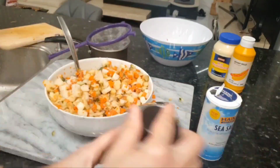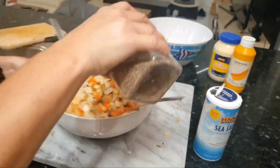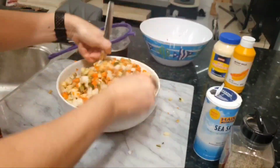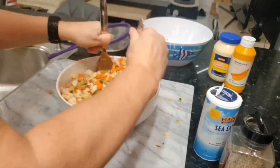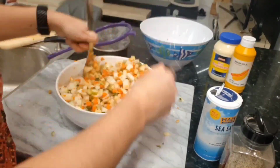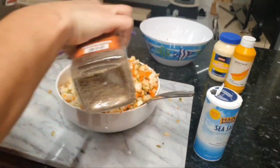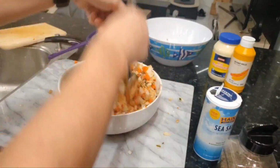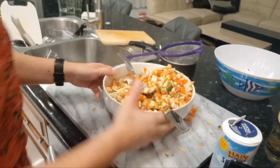Let's add the pepper too, and then we're going to sample it. About half a spoon of pepper so far. Let's add some more pepper, we can see it by the color. If you don't like pepper, you can avoid the pepper. I don't know about the camera if it's in the way or not, but...